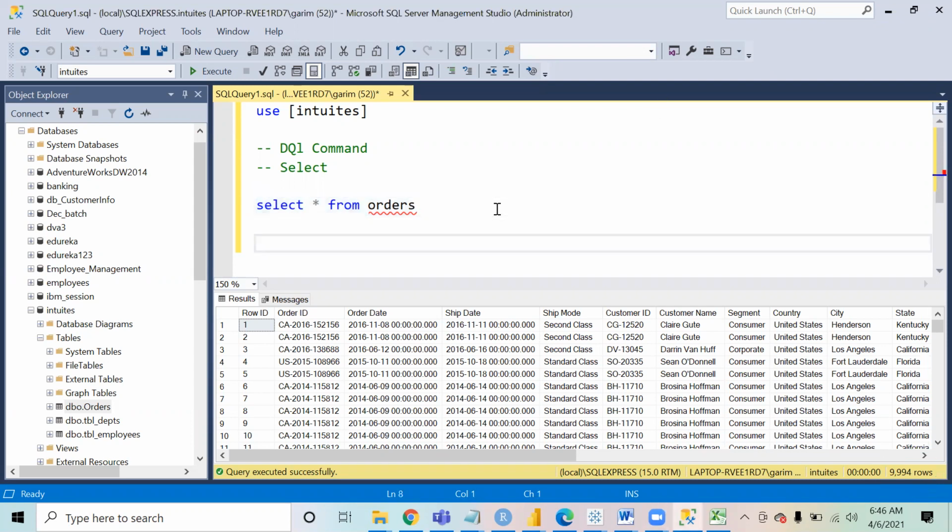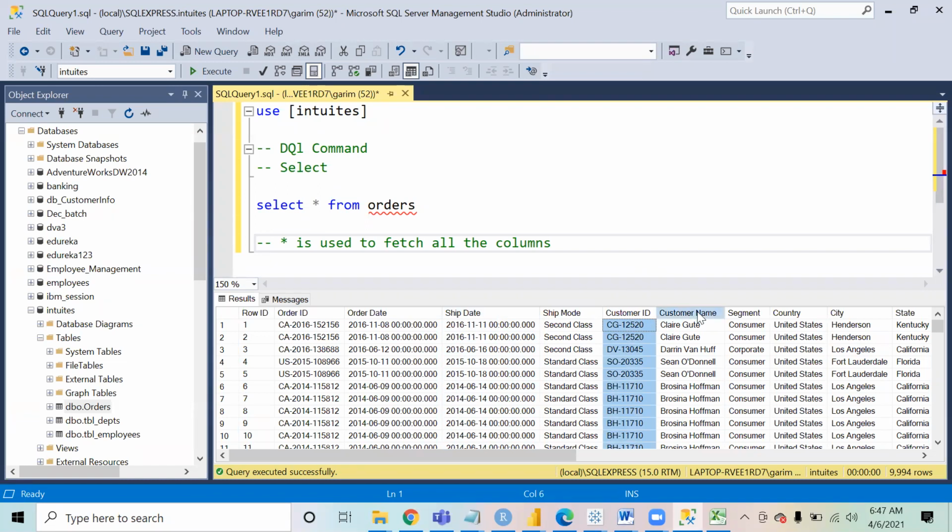Okay. Now asterisk is used to fetch all the columns, right? So when you write asterisk, it is fetching all the 21 columns. But suppose you are only interested in seeing some of the columns. You don't want to see complete information.